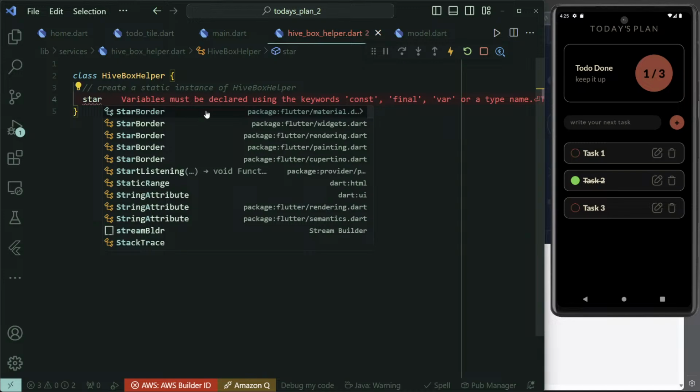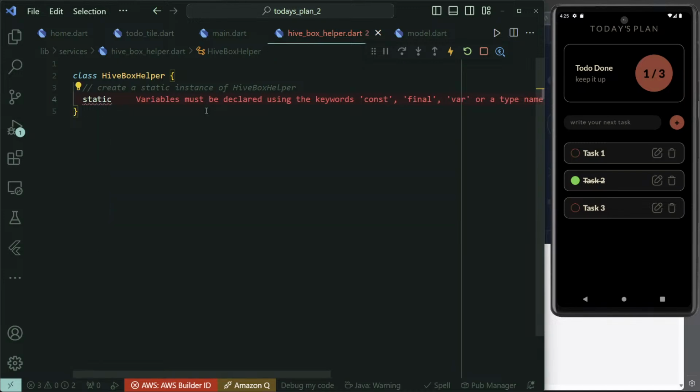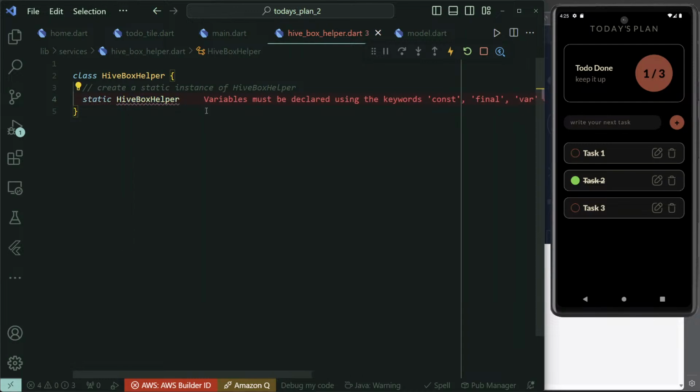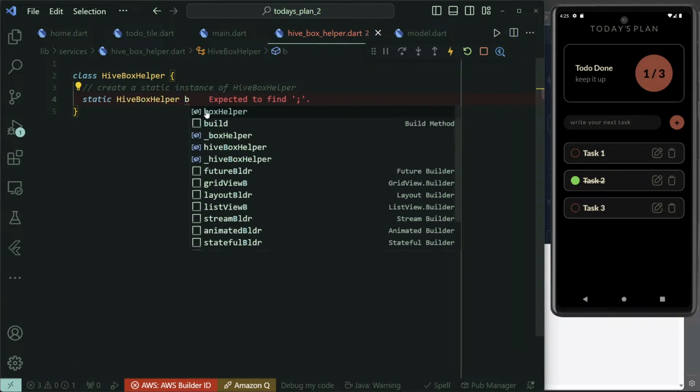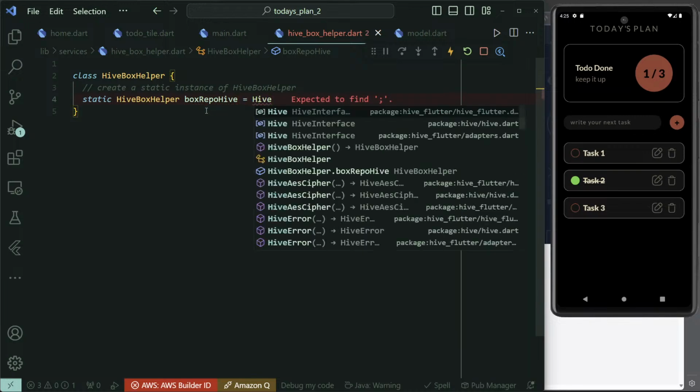So static, and I'll call it box people. Something like that is equal to